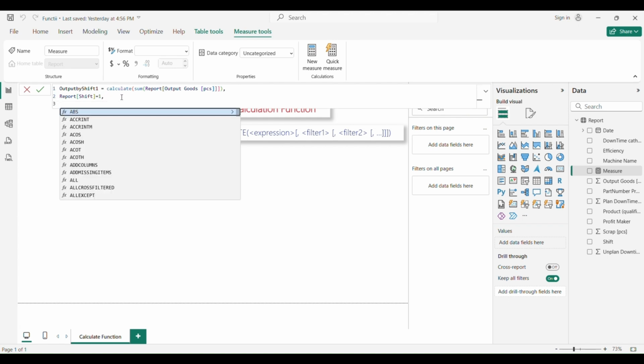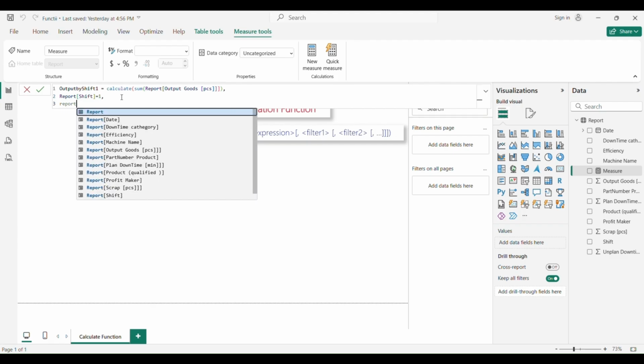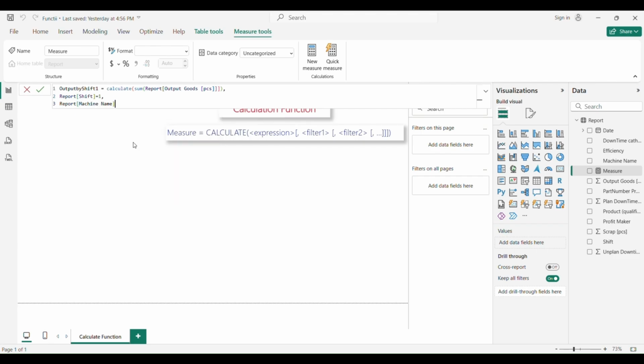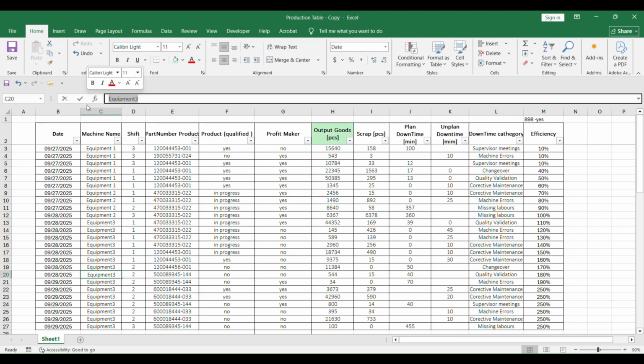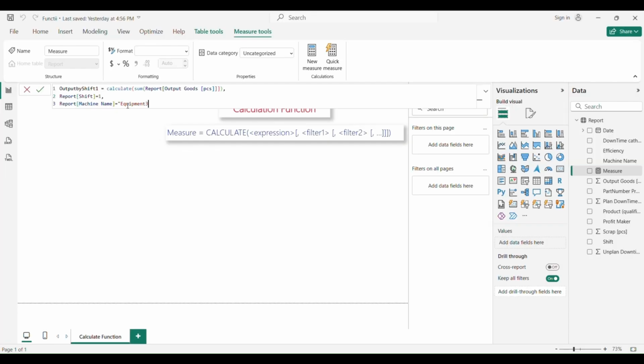Shift enter again, and the second filter will be by machine name, equipment number 3. So we'll say report machine name equal. Now we can put quotes because this is text. So we go back here to equipment 3, just copy and paste.